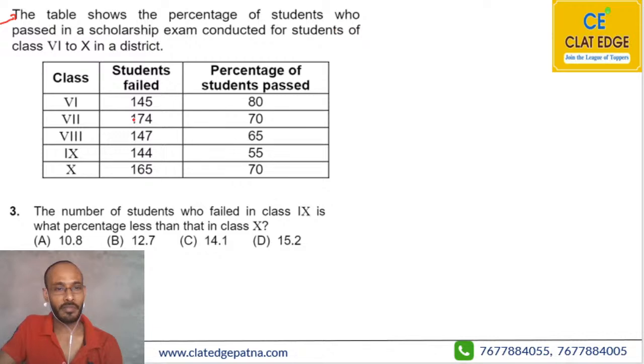Again, the table given is the same. No need to read it again and again. The number of students who failed in class 9 is what percentage less than that in class 10, right? So in class 9 how many students failed? This is 144. And in class 10 how many students failed? 165. Definitely everyone will say that, sir,